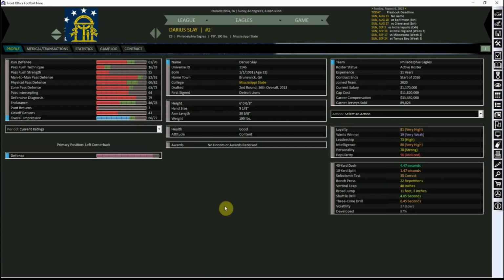Darius Slay, one last player to look at, a defensive player. Cornerback, you can see not a particularly good pass rusher in terms of his technique or strength. Generally wouldn't expect that from a cornerback, but he excels at man-to-man defense, excels at diagnosing plays, pretty good endurance. He can even return a kickoff for you if you need. And